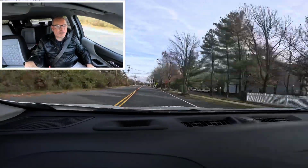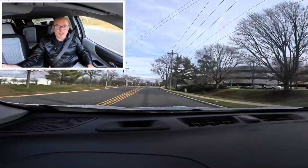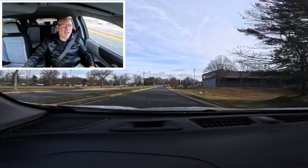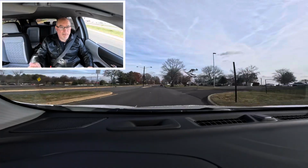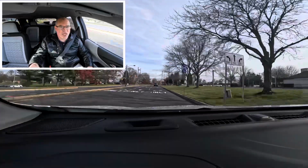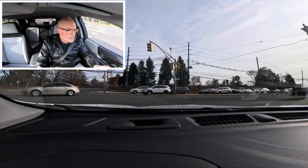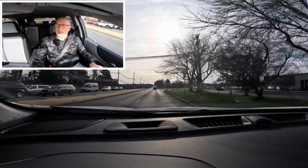Now the interior materials are obviously cheaper because this is an entry-level trim, so you're going to get a lot more plastics, some soft touch material, but a lot more plastics to the touch and to the feel, because obviously GM and Chevy have to cost cut to get this SUV to this $30,000 price point, so something's got to give. So you can't expect a whole lot of fancy whoop-de-doo stuff in here when you're looking at a base model compact SUV. So that being said,